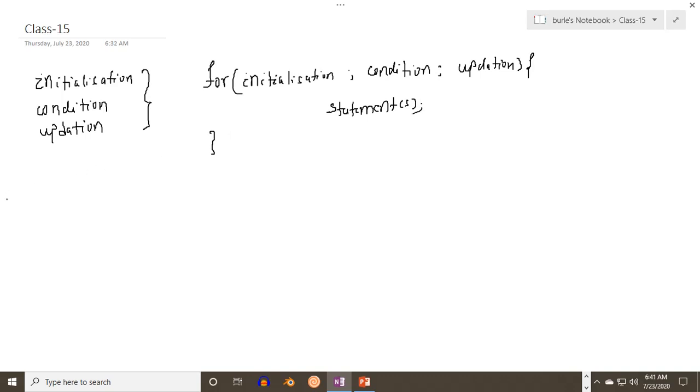Now let me go for the while loop. What is the syntax? The syntax is quite the same.